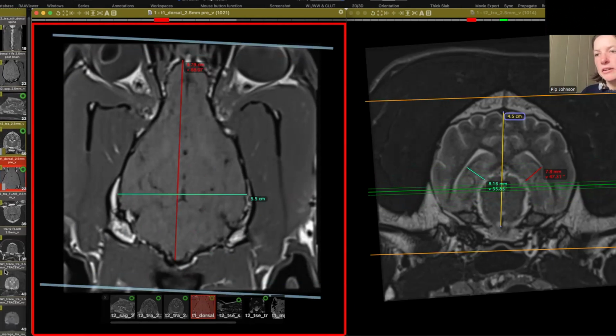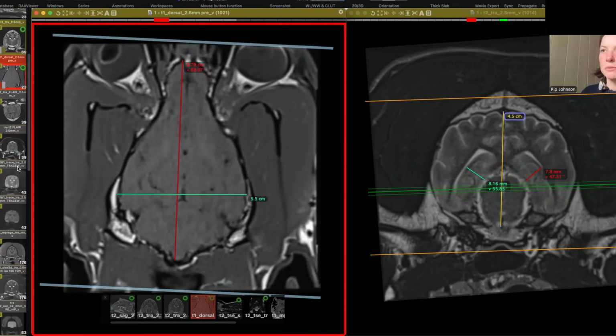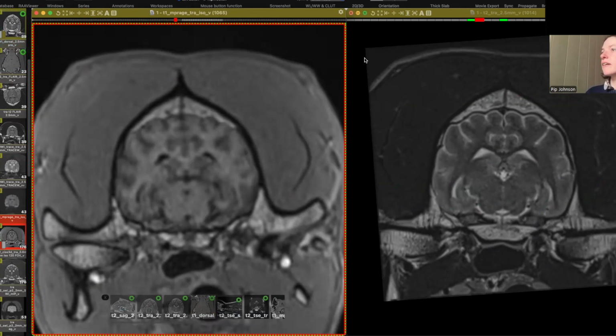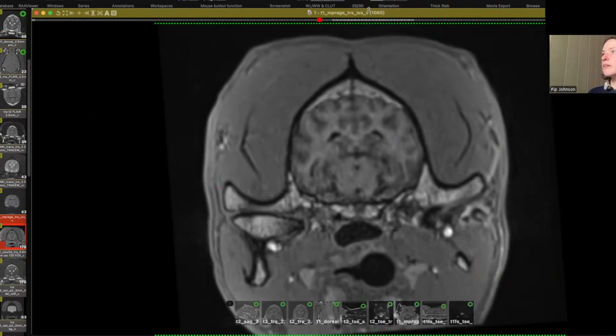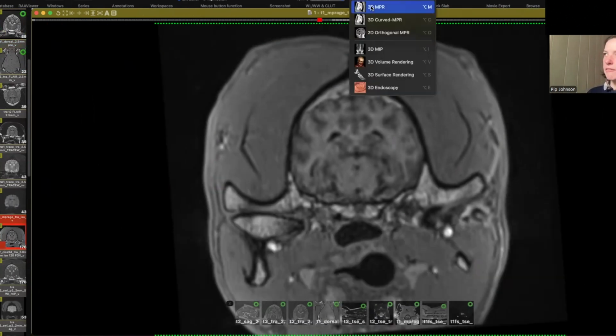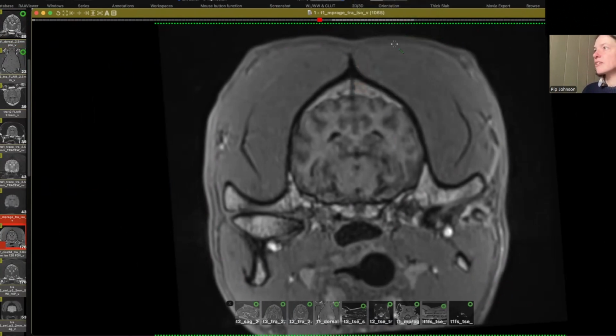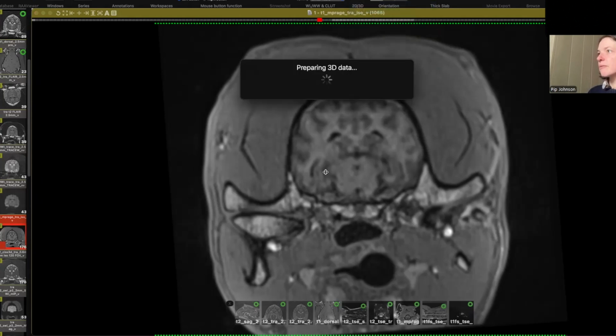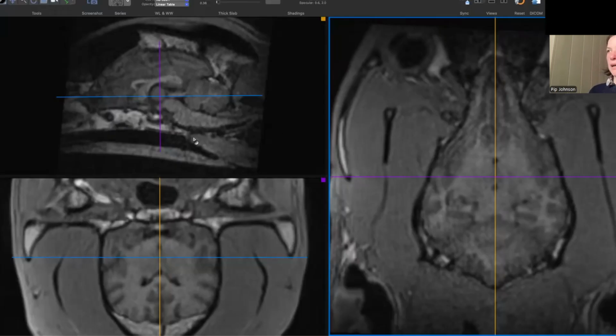Now, if you have the T1 MPRAGE available, this is another sequence that we can do the measurements on, and it would be fantastic to have both sets. So either the 2D sequences and, if available, the T1 3D sequence. So this is a standard T1 MPRAGE. This is 1 mm cubed, and it allows us to reconstruct in 3 planes in an isovolumetric manner.